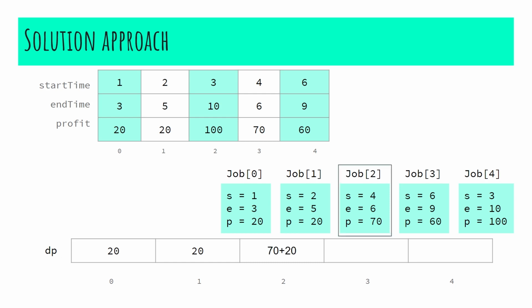Now, I'll be picking the third job. In this case, I can perform binary search between the first 2 instances of the job, and I'll be finding that I can perform my third job only when I do the first job because the second job ends at 5, but the third job that I have picked now cannot be performed if I do the second job. Therefore, I'll have to do the first job and then do my third job. In this case, my profit will be 70 plus 20, which is the profit that I would obtain by performing the third and the first job.